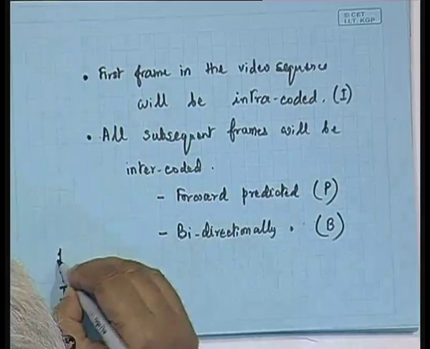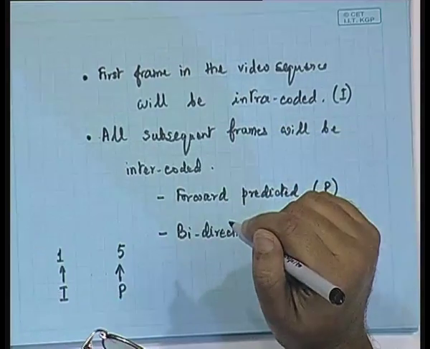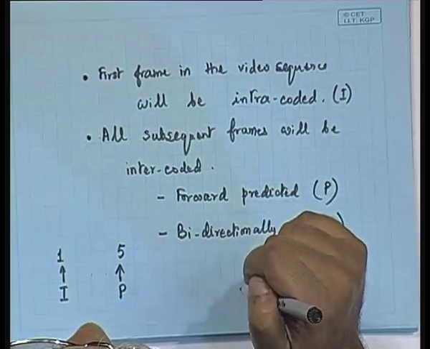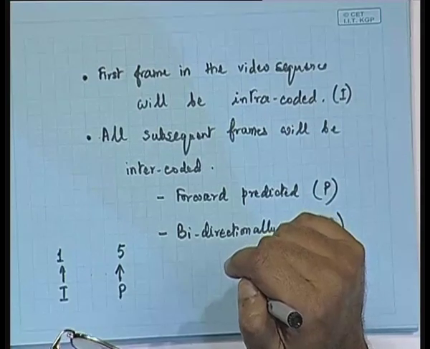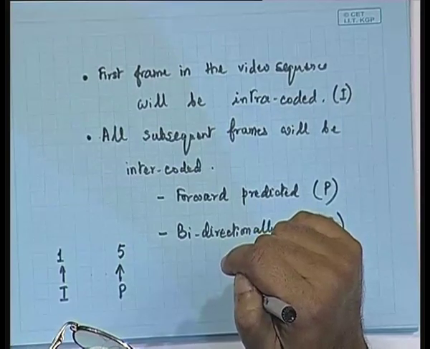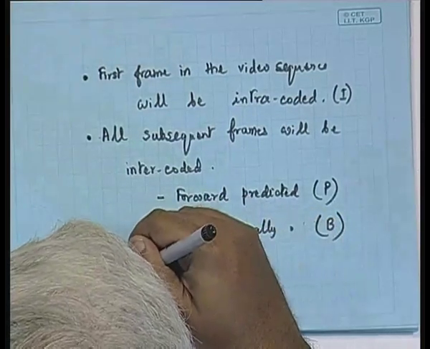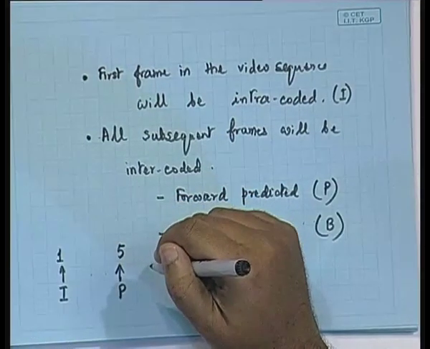So, frame number 5 would be a P frame. This is frame number 1, this is frame number 5, which is a P frame. Now, interestingly, I have not yet encoded frames 2, 3 and 4, which are sandwiched between frame number 1 and frame number 5. After predicting frame number 5, okay,